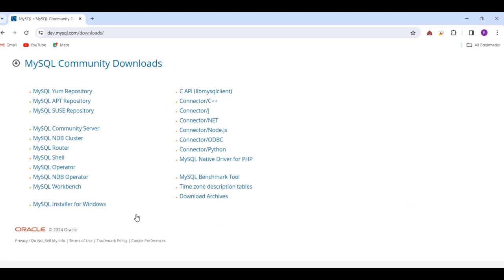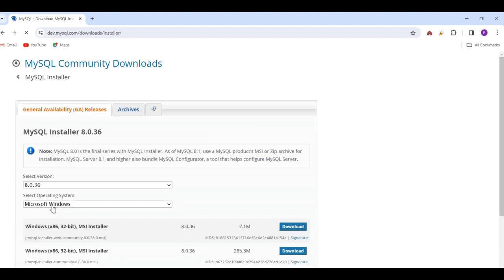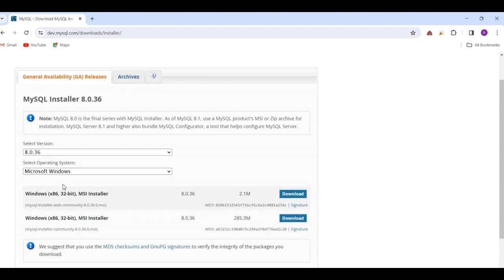So here, as it is obvious that I am downloading the current version of MySQL for Windows, I will select MySQL Installer for Windows here. Once I select it, it gives me the details of the MySQL Installer 8.0.36.